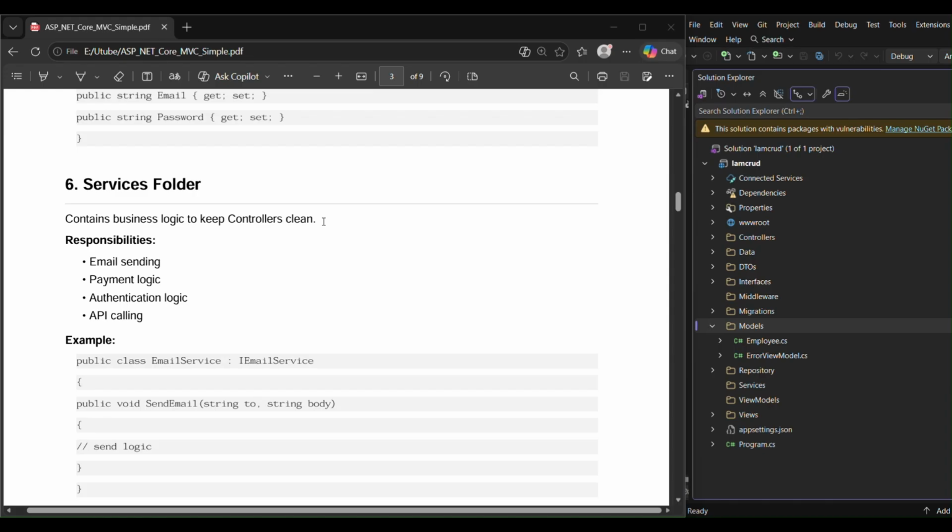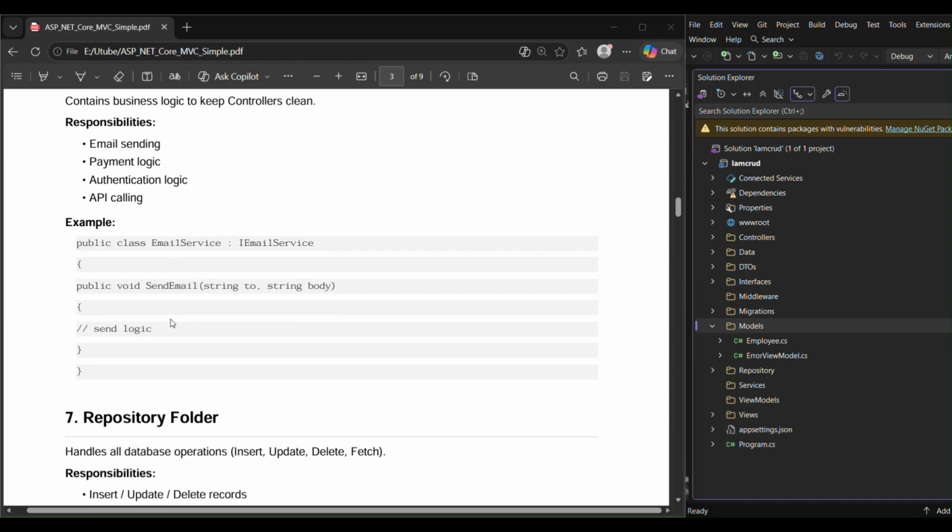You want to clean your controller and write only the specific communication logic in it. That way we use the Services folder to write the abstraction layer between your business logic and data logic: email sending, payment logic, authentication logic, API calling, like that.